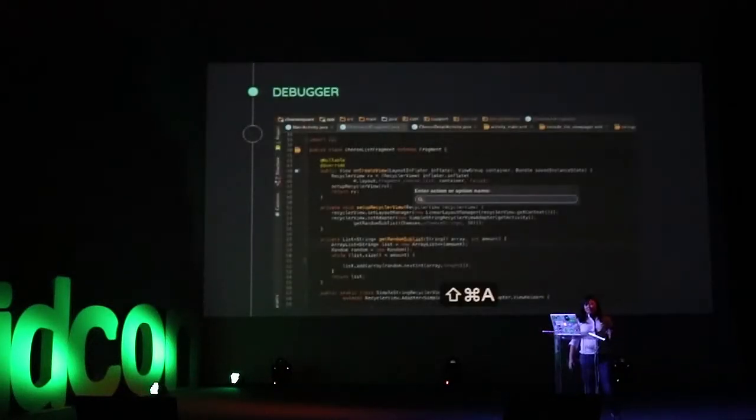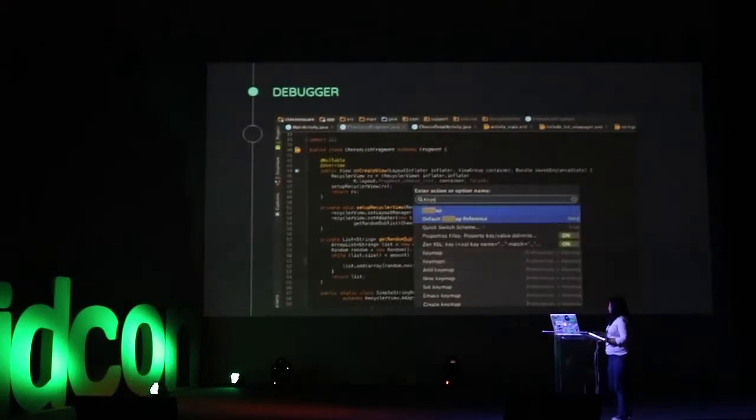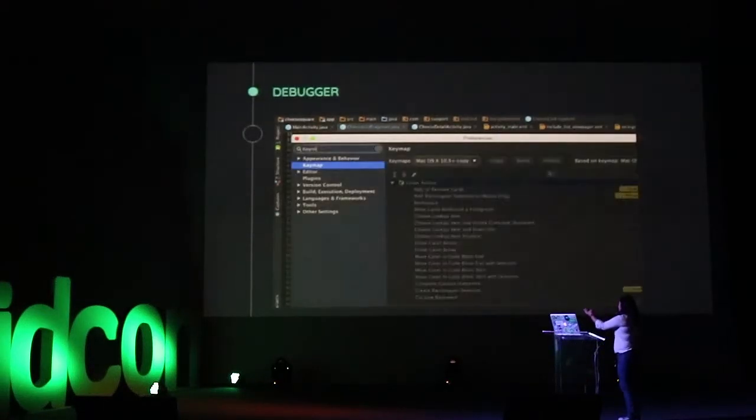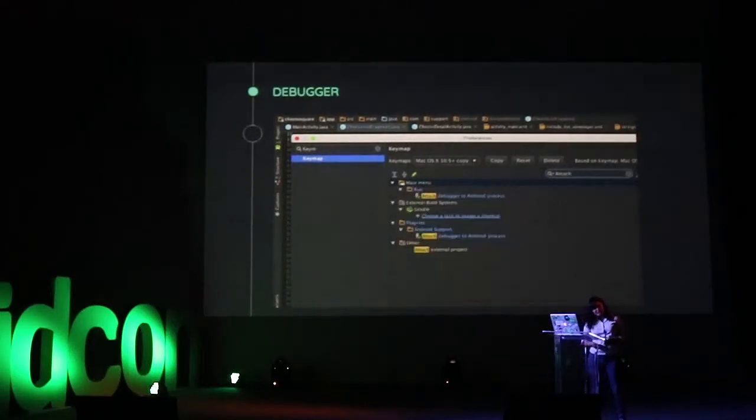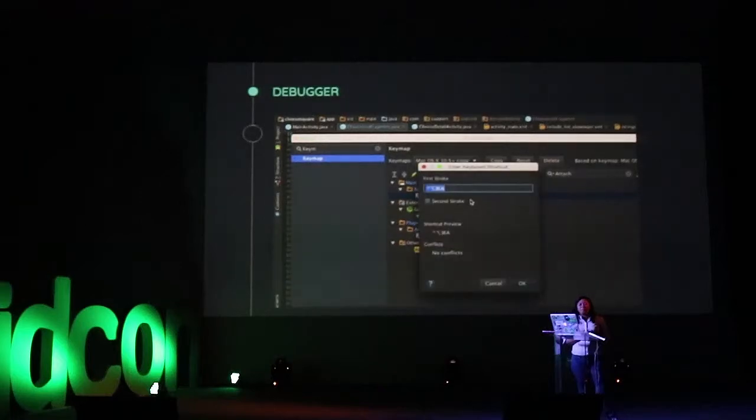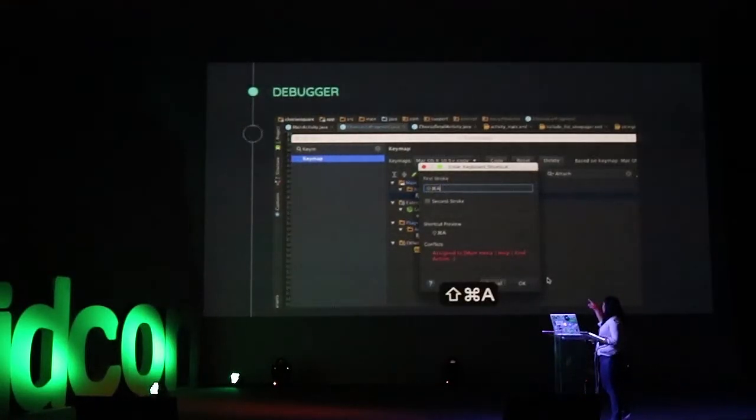So what do? The easier way is to press Command-Shift-A, which brings up the universal search for actions in IntelliJ in general, and in Android Studio. You type in keymap, search, and then you search for attach, and then it gives you this dialog box.